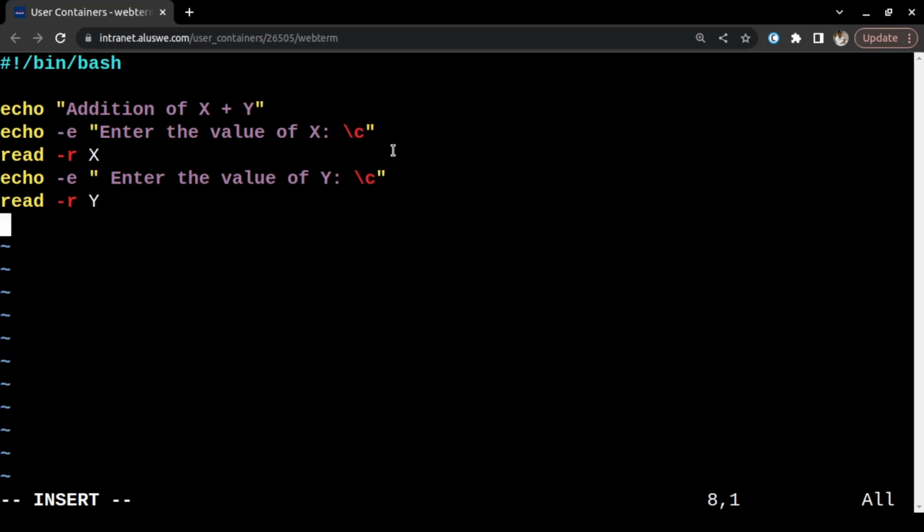Now I have asked you to enter the value of x. I was asked to enter the value of y. Now I have entered the two. I have saved it in the x variable and the y variable. Now let me do the calculation. I want to print out the result to you. I will say echo, in a double quote, x plus y is equal to,